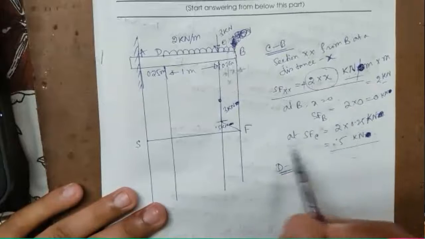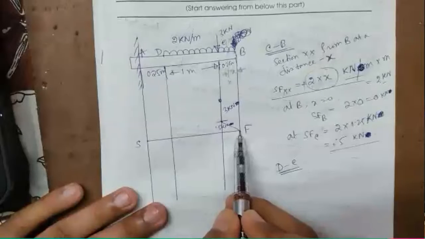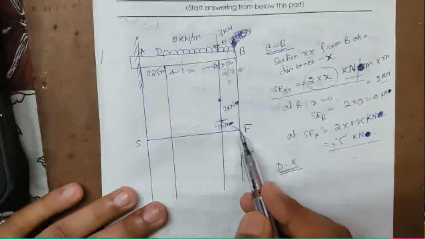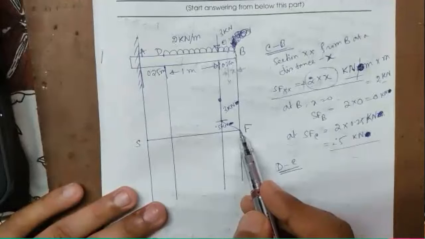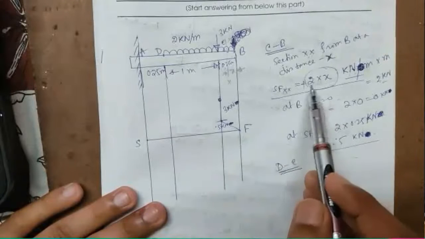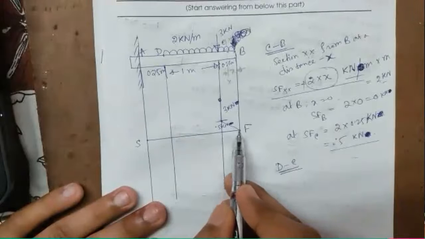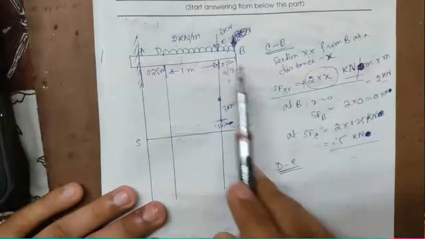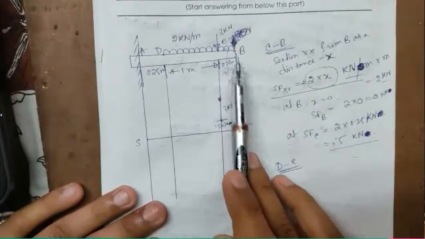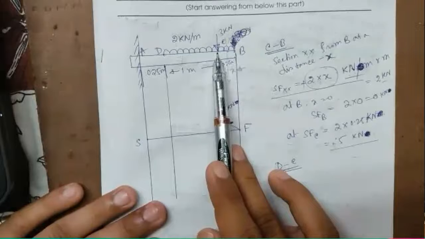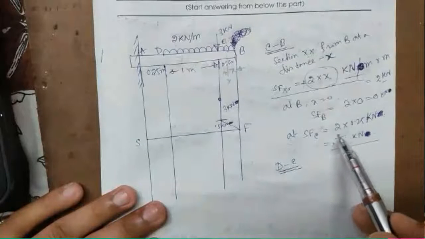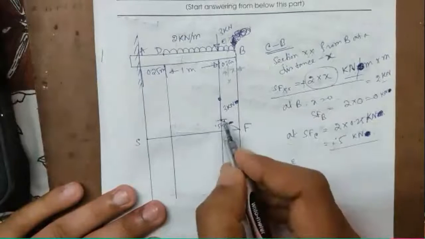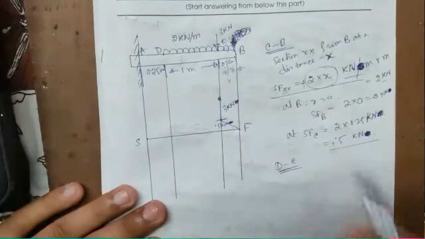That's why we can say this is a linear equation and the shear force varies linearly. The more X increases, the more the shear force increases linearly. So we draw a straight line like this. At X equal to 0, that means at point B, the shear force will be 0, and at a distance X, it will be 2X. Now if we put X equal to 0.25 meter, we get point C, and we get 0.5 kilonewton at this point.